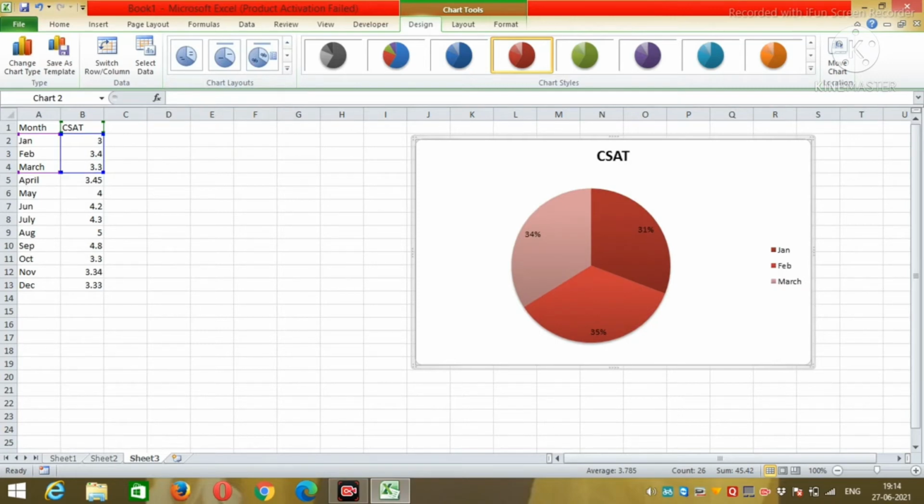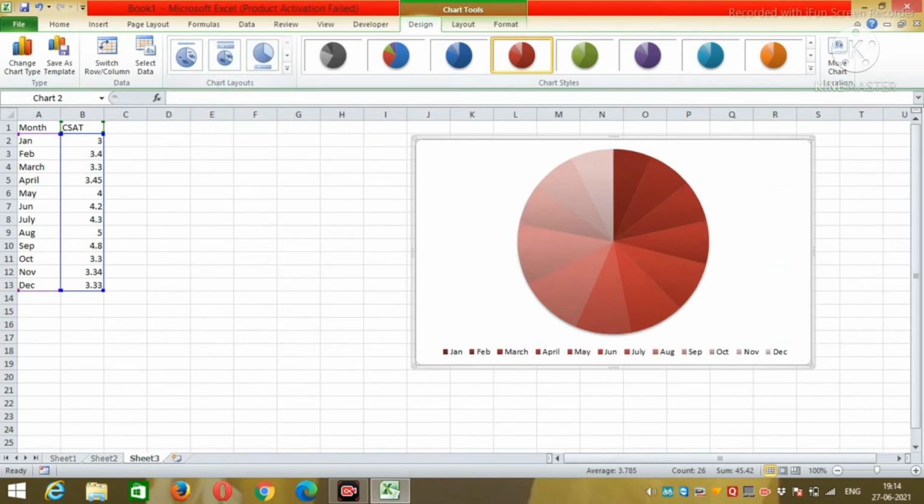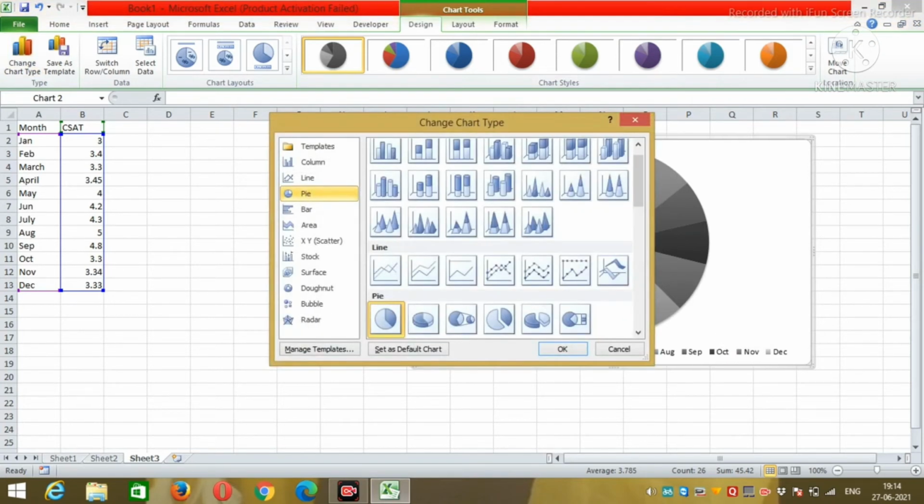Yes, and you can also change it for the entire month, or change the color of the graph, and the chart representation or chart layouts can be changed just by clicking on whichever type you want, and you can select whichever colors you want too. Now we'll go for the other one, which is a column graph. The line graph is done and the pie graph is done. In the same way we can do it for the column graph as well.